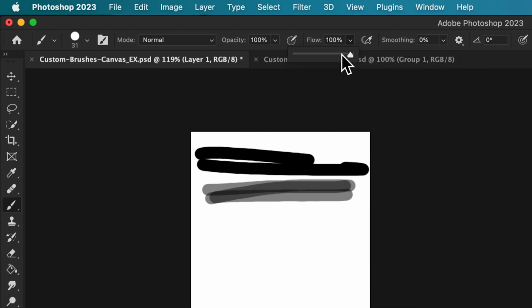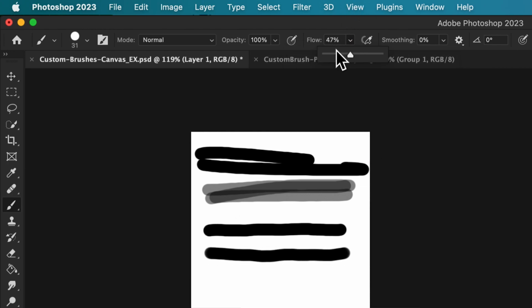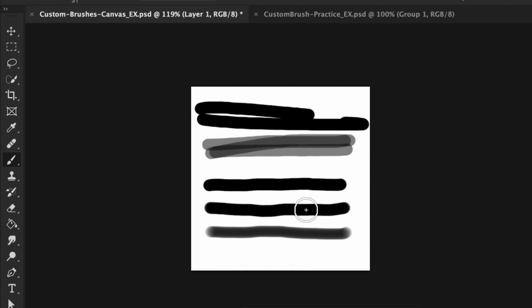Flow is going to be how much quote-unquote paint flows out of your brush when you use it. 100% versus 50% versus 10%. For these exercises, we're going to leave both the opacity and the flow at 100% and leave the mode on normal. Smoothing we'll talk about another time.